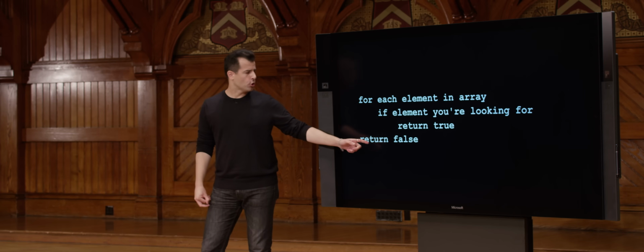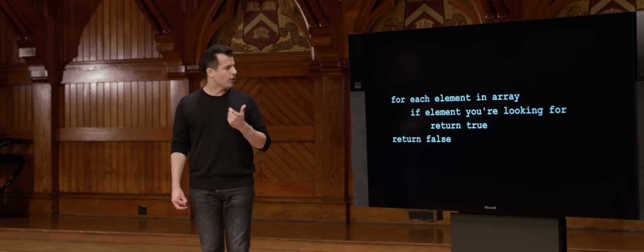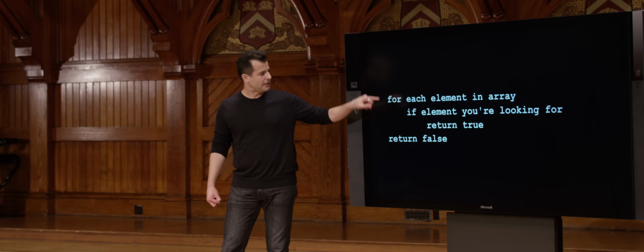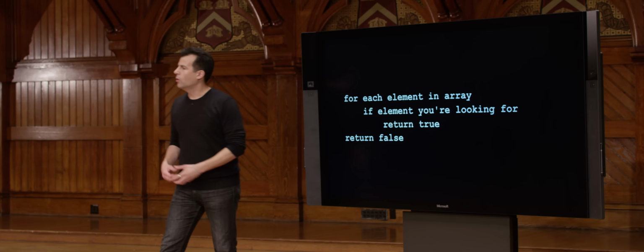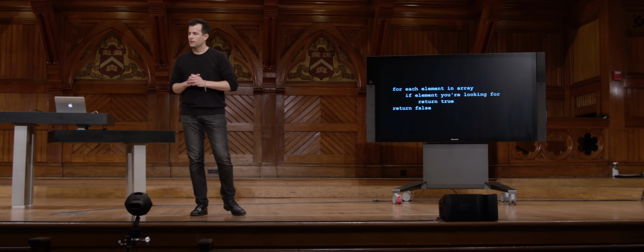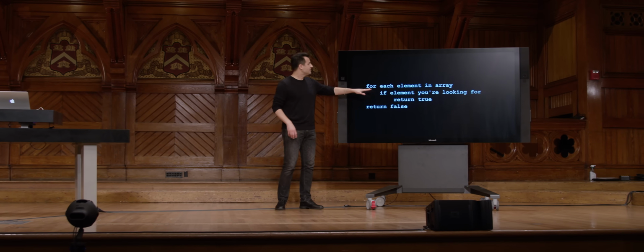And yet here I have return false. But the indentation, so to speak, is very different. Why have I aligned return false with the for loop here all the way on the left, as opposed to it being aligned in the middle or one line deeper? Yeah? In order to denote that all the indented elements are within the for loop. Yeah, in order to denote that all of the indented elements are within the for loop, so it doesn't strictly